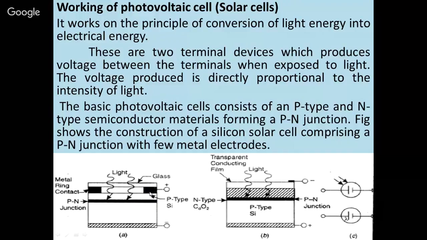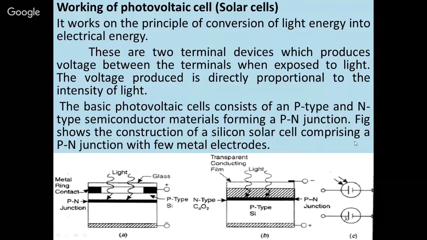So here all the holes are going to accumulate, and all the electrons are going to accumulate here. If it has been connected to any circuit, then the flow of current starts. So it is going to generate some small voltage. The basic photovoltaic cell consists of a P-type and N-type semiconductor material forming a PN junction, and the construction of the